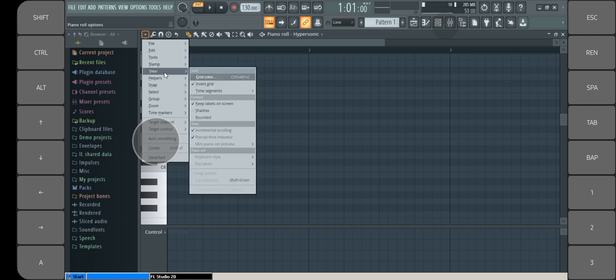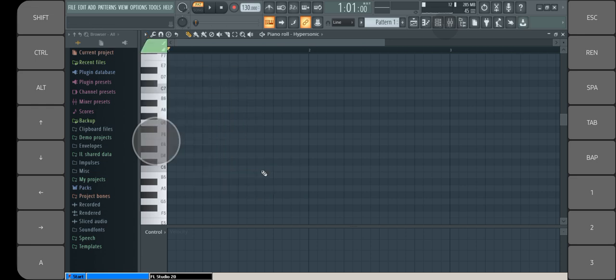Then come to view, then move down here to keyboard labels. Then you can choose your desired option, either none, all notes or root notes. Me, I've chosen root notes, but if you want to see all the labels, choose all notes, like you can see here. Yeah, we've solved that issue.